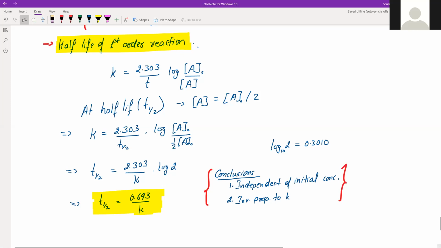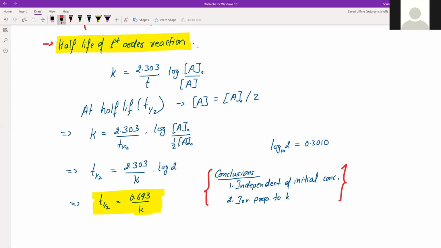And only this is important. Other types of reactions you generally won't get. Even if you have to calculate any fraction, we have calculated half, that is 1/2 fraction of the reaction, you may get questions on first order reaction to calculate the time when the reactant will be 2/3 of its initial concentration. So just in place of half, you have to write 2/3 and you will get an equation. That is the only thing we have to do.